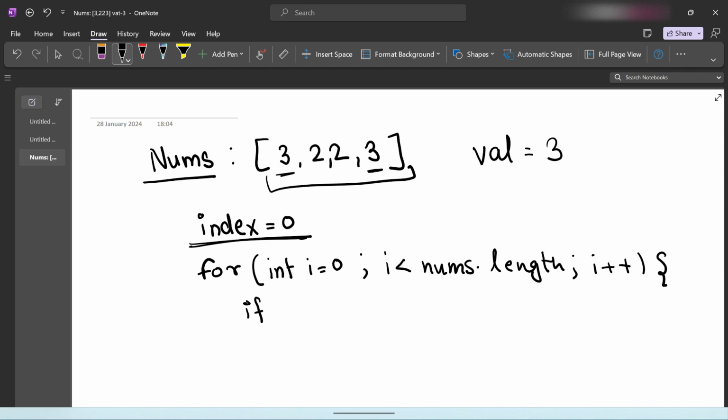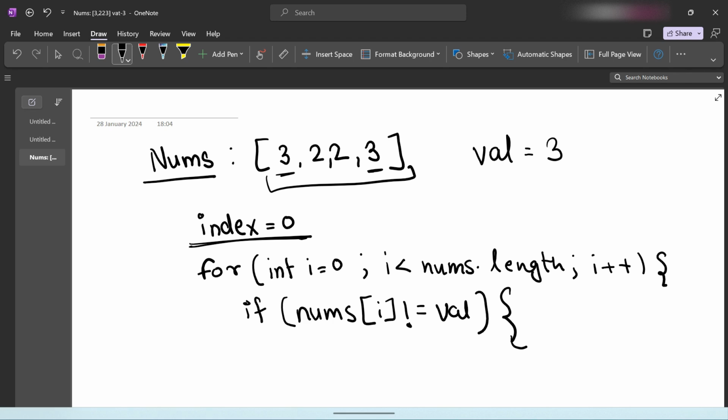Then if nums of i is not equal to val. So here what we are doing, if nums of i and val both are equal, then we want to just skip it. That's why we are taking the if condition.